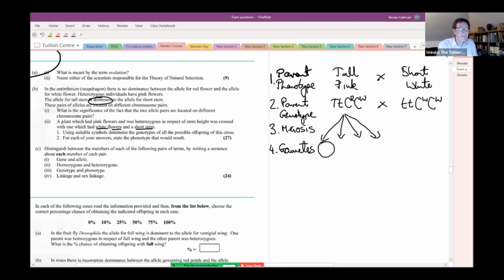is going to be big T, C, big R. It doesn't matter which one comes first, but make sure that you represent all four of them and you put circles around them, they do like to see that. So big T is equally likely, because they're not linked, right? This is Mendel's second law kicking in. It's just as likely for big T to combine with,